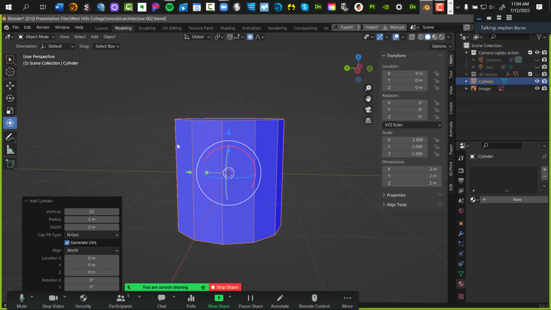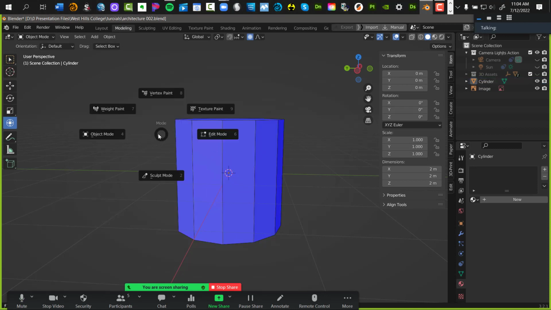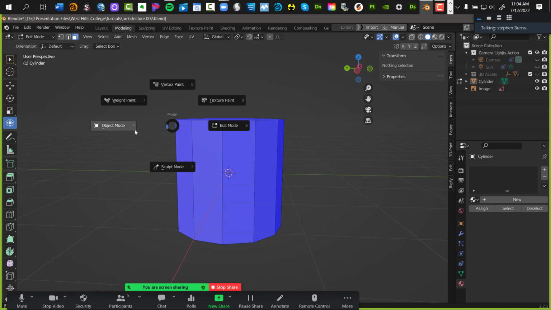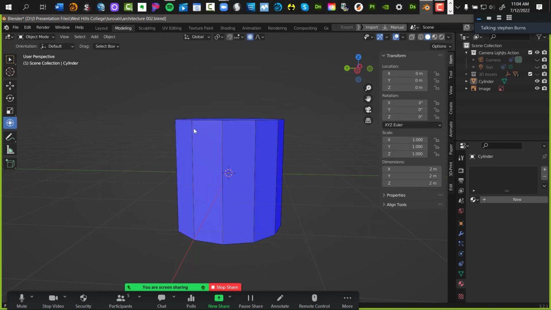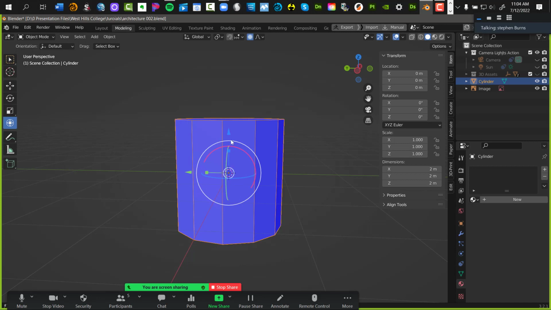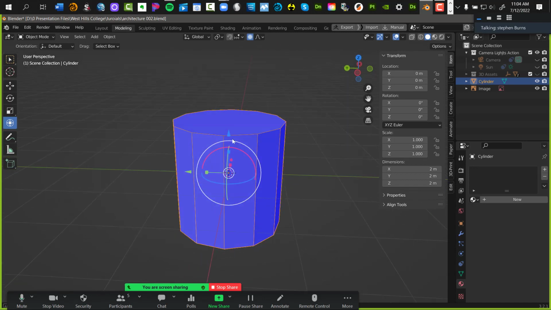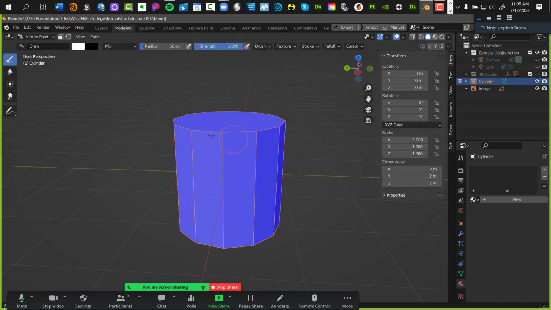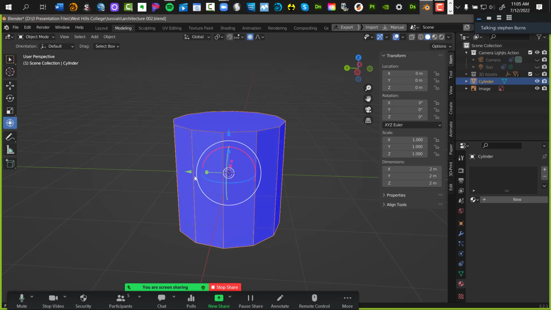That shouldn't be, okay. Interesting. Let's find out what's going on. All right, there's my object. Yours is going to be gray. It looks like I'm working in weight paint mode, but yet I'm not in weight paint mode or vertex paint. If I go to vertex paint, that's what it looks like I'm in, and I should not be there. I should be in object mode, and it shouldn't have this blue here. I'm not quite sure why that blue is there. I'll figure it out later.